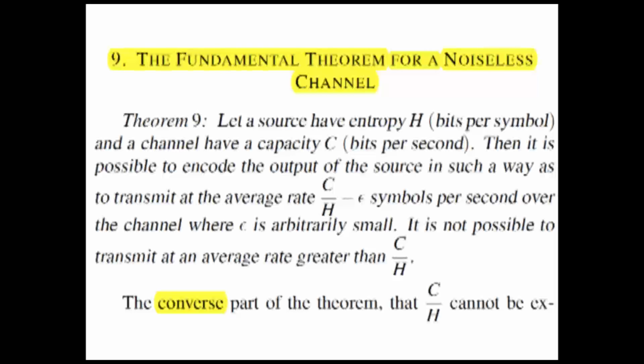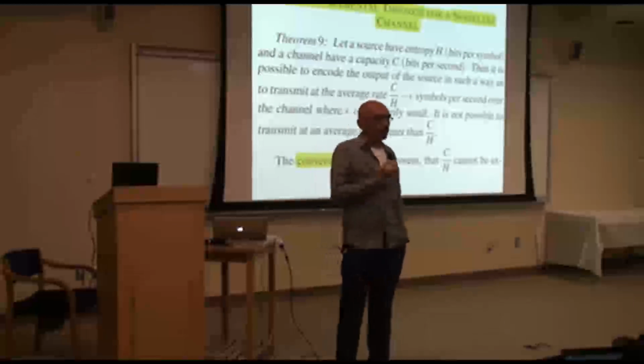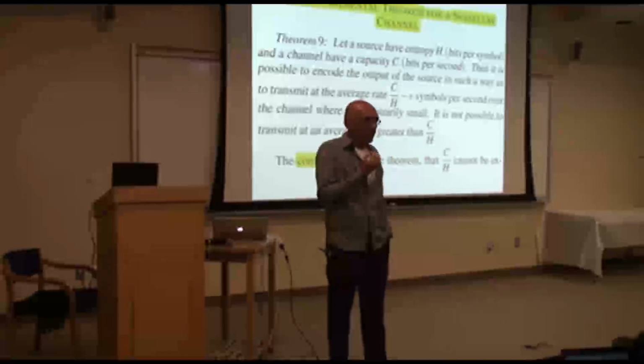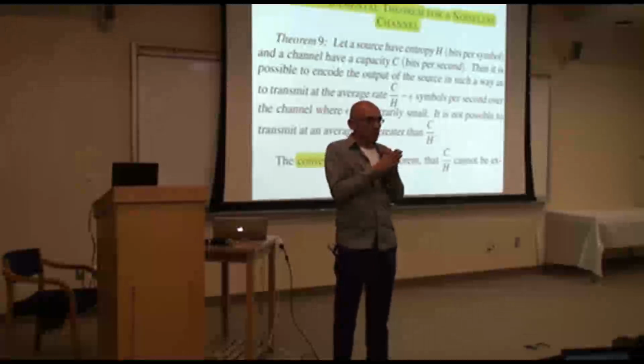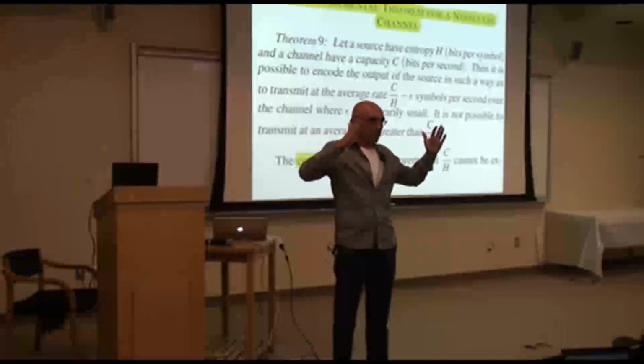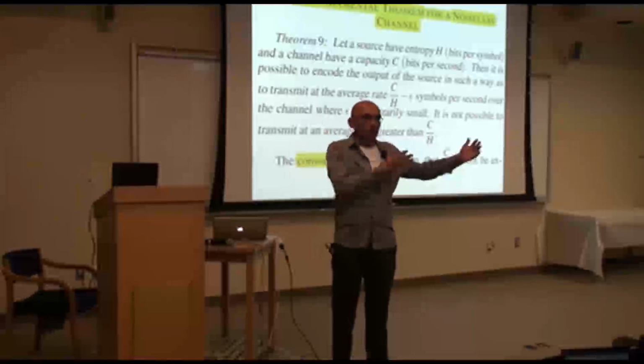All right, so ladies and gentlemen, the bad news is that the converse is wrong. So it's not just that he didn't give a proof, but the converse is wrong. And there are two reasons. One reason is that Shannon, in his paper, never considered prefix codes. It's very clear from everything he's doing there that he's never considering encoding symbol by symbol. He's always considering his usual paradigm of encoding strings into strings.